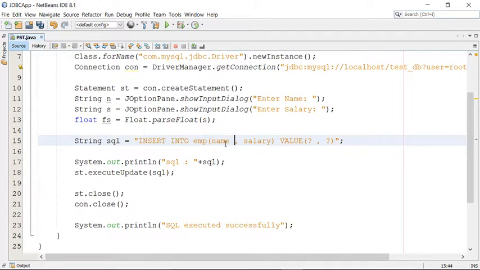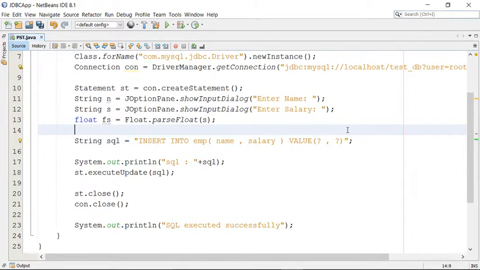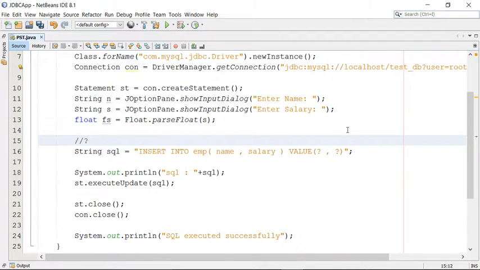So this first question mark is mapped to the name, and the second question mark is mapped to the salary. Now you can have more columns here, and the total count of columns would be equivalent to the total count of question marks. Okay, fine. So this is your parameterized query. And what is the meaning of this question mark? A question mark is called a parameter, or you can call it a placeholder,